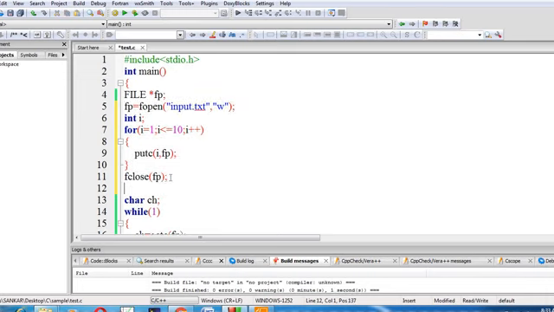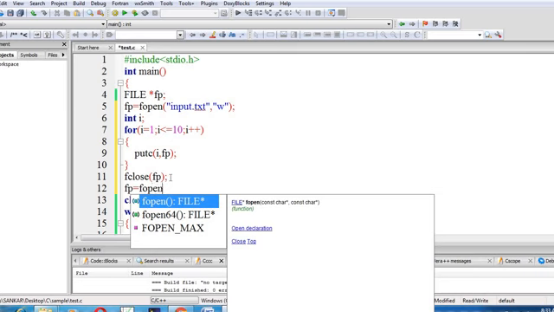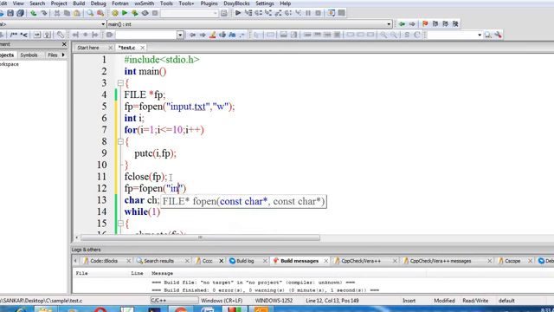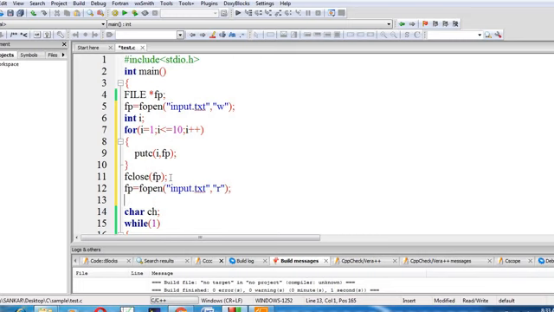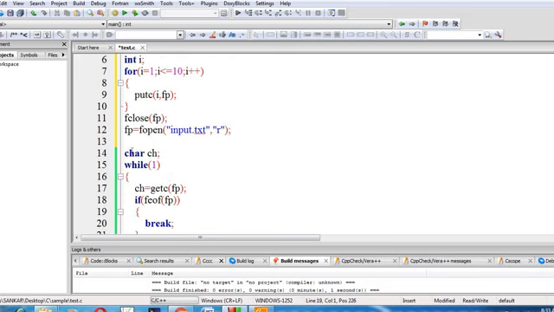After that we have to read the content from the text file. For that, fp equal to again fopen input.txt within the double quotes. Now we are going to do the read operation, with the semicolon. Then we can follow the same thing.